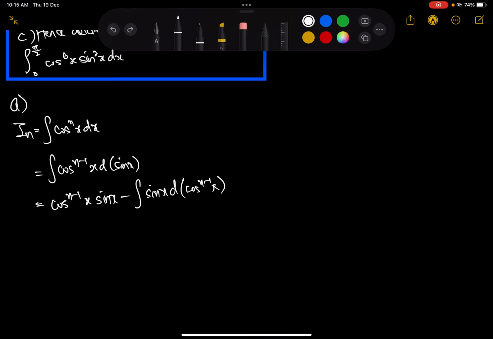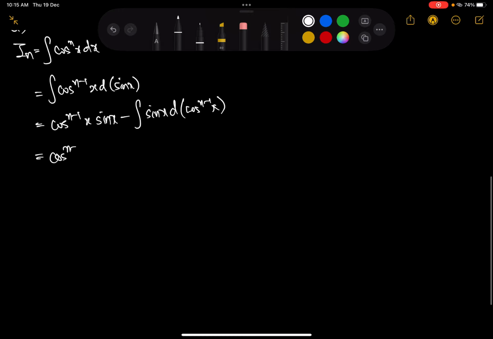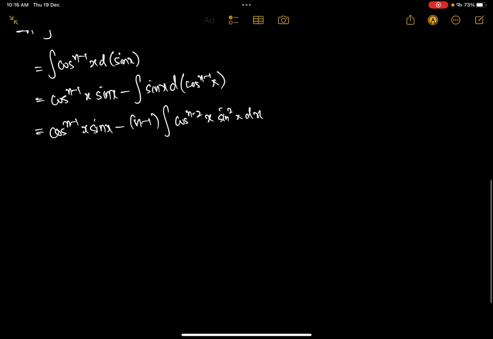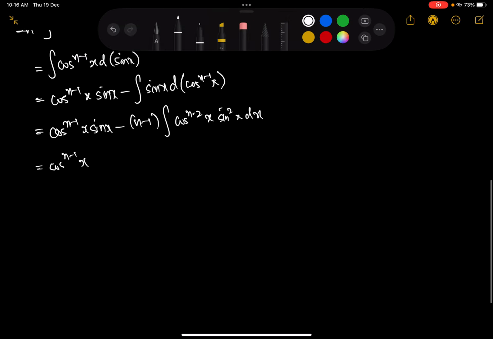This one's easy to differentiate, so let's quickly go through that. That's n minus 1 cosine n minus 2 of x sine squared x dx. And this one is just 1 minus cosine squared x. It's so basic, any year 7 would know this. So we have cosine n minus 1 x sine x minus n minus 1 cosine n minus 2 x dx